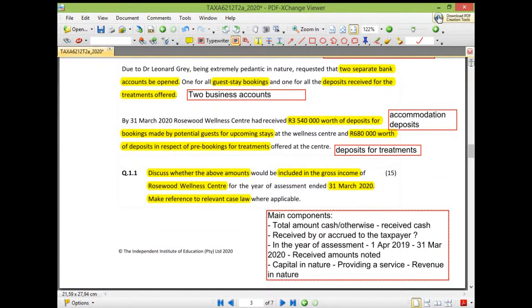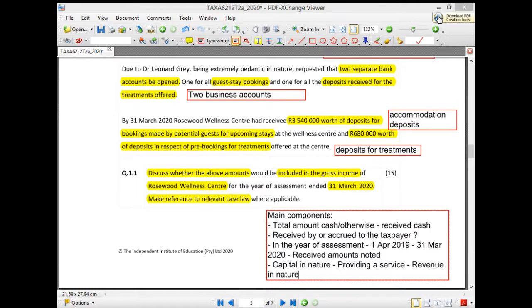So have we received the deposits? The first thing, if we talk about just the receipts or the accruals, the general rule for tax is that we account for it at the earlier of the date of receipt or accrual. Now, in this scenario,